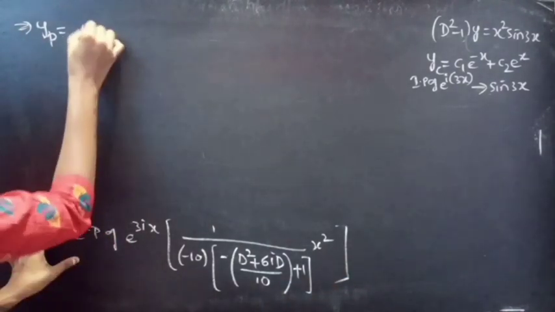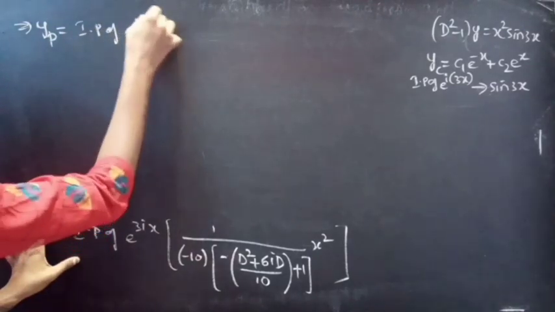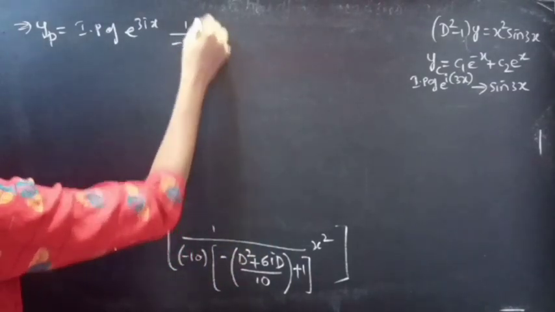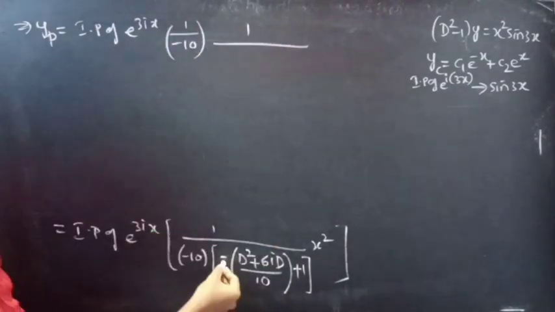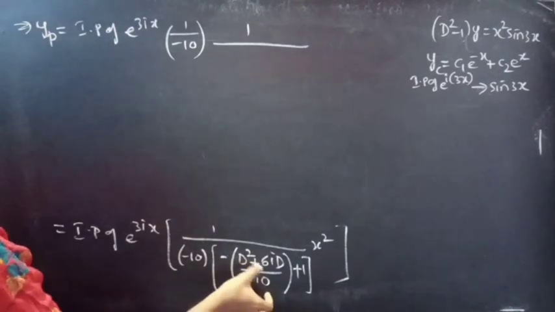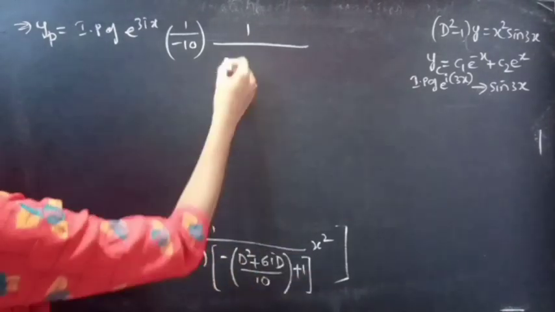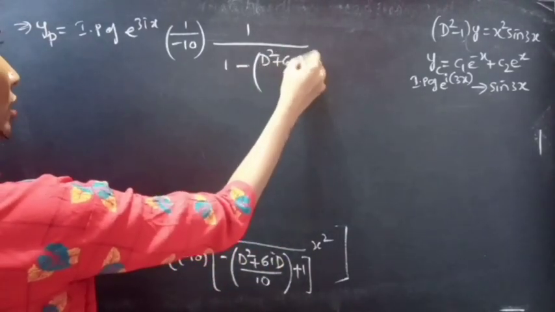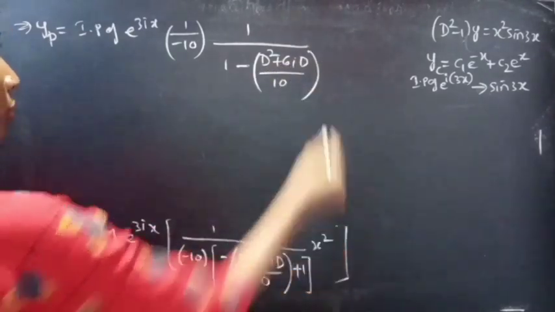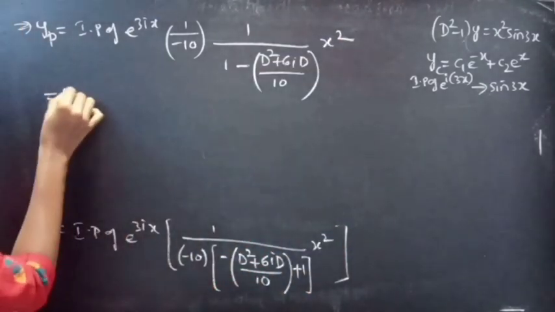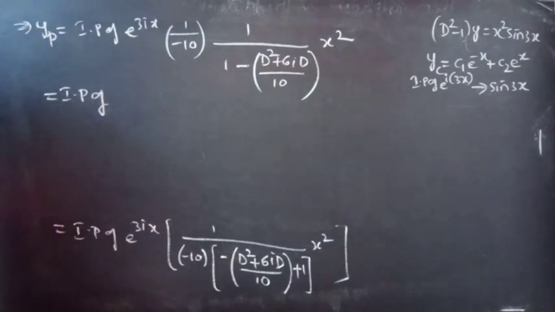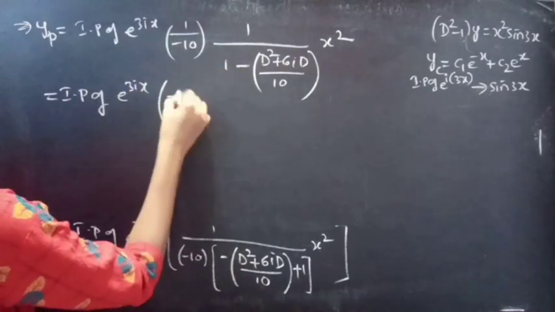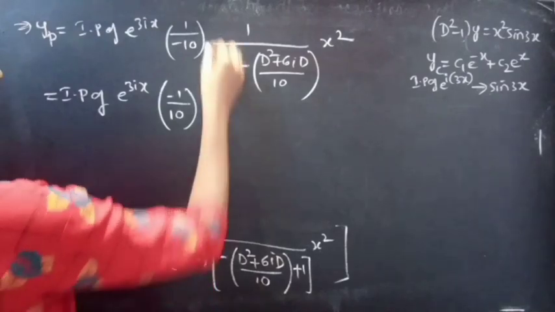This becomes the imaginary part of e^(3ix) into, now split this fraction as 1 by minus 10 into 1 by, we can write minus of (D² + 6iD) by 10 plus 1 as 1 minus (D² + 6iD) by 10, into x². This equals the imaginary part of e^(3ix) into, we can write 1 by minus 10 as minus 1 by 10 into,